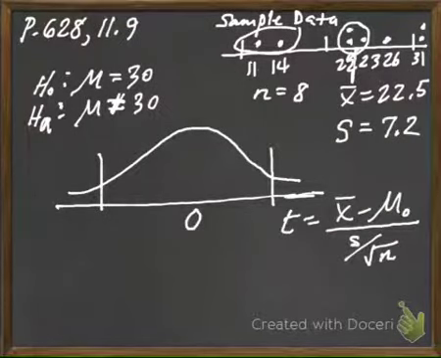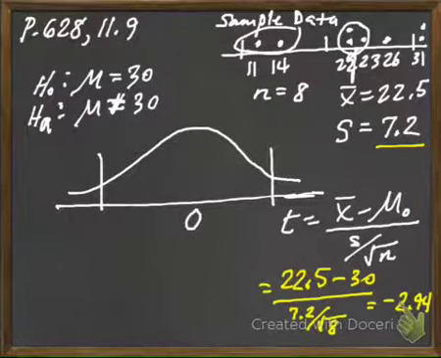Okay, so I've written down the formula for the t-score, and I also got this off my calculator. I forgot that they're not going to give us sigma nowadays. We have to come up with our own, and those 8 values gave us 7.2, and then we plug these in. I've plugged those values in, and I've gotten a t-value of negative 2.94. Now we are not quite sure how fat these tails are. I mean, that's a huge z-score way off to the left. But let me just draw it in here,